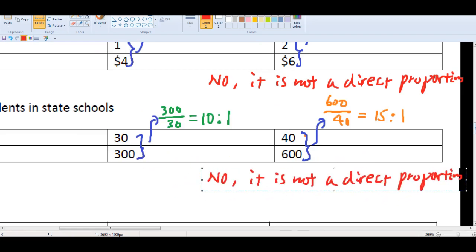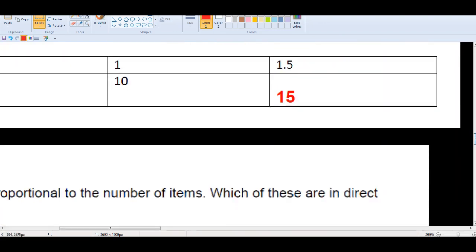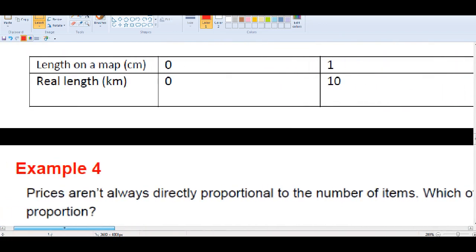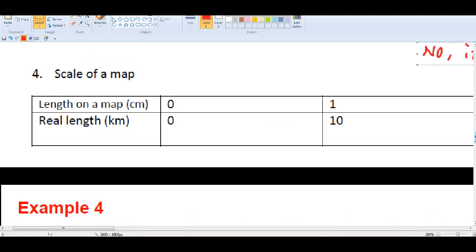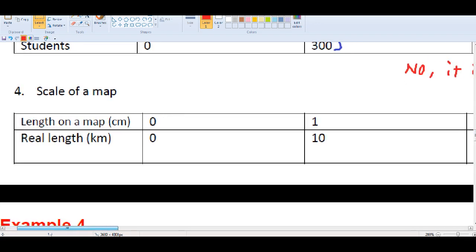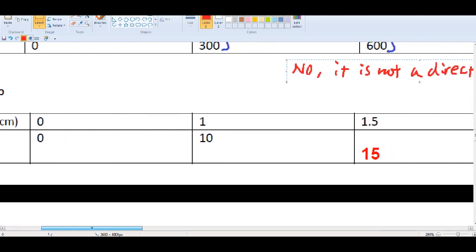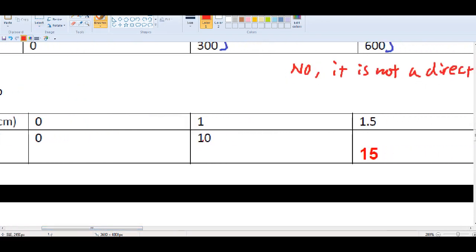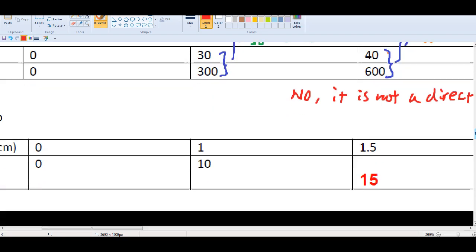Okay, it's not a direct proportion. Right, so for the last one, it's about the scale of a map. Length on the map is in cm, real length is in km. So let's see. For the first one, 1 to 10. So how about the ratio? If you compare them, let me compare this as